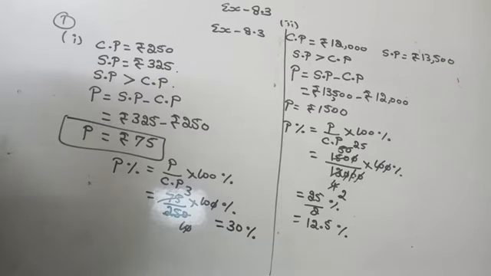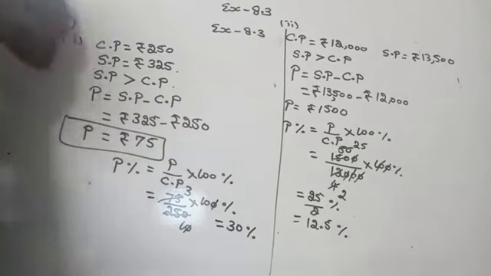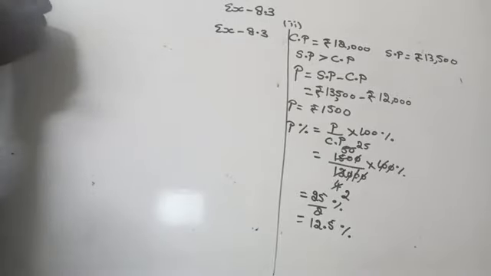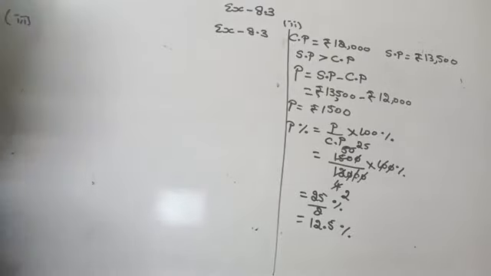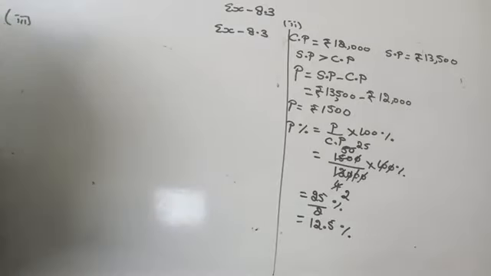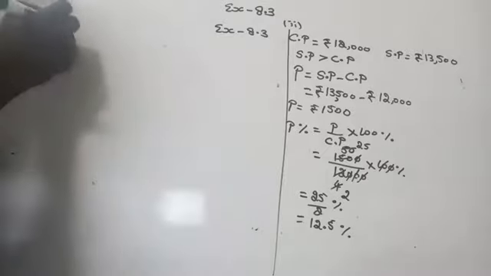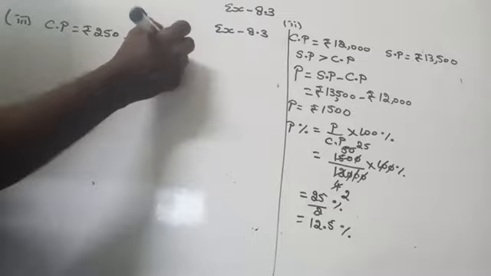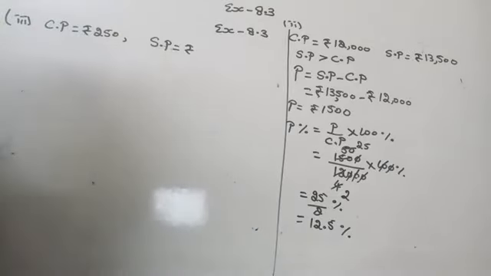Yeah. The next question is, it is given a skirt bought for rupees 250 and sold for rupees 150. What is the third part? Skirt bought for rupees 250. That means what? Cost price. What is the cost price given? 250, and sold it for rupees 150. Cost price is 250 and sold it for rupees 150.